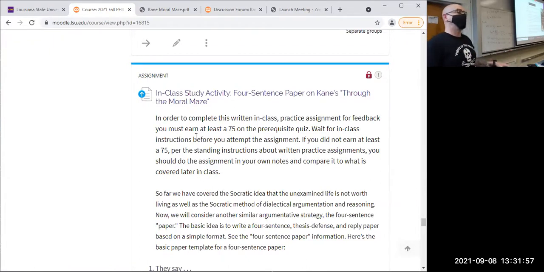So we've looked at the Socratic idea, the Socratic dialogue, right? Which is the back and forth about reason giving. We've now read an essay where there is a kind of back and forth between Cain and the relativist position that he's engaged in there. And now what we're going to do is look at a little practice paper activity. I say paper really goes in quote marks here because it's just 4 sentences. We're going to write a little 4-sentence essay on moral relativism and Cain's position.